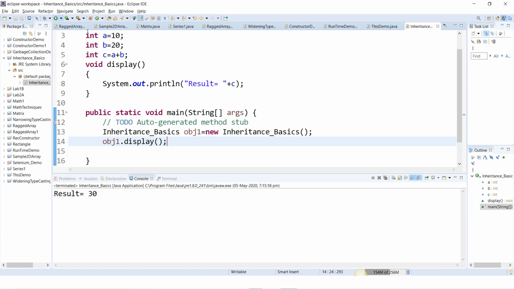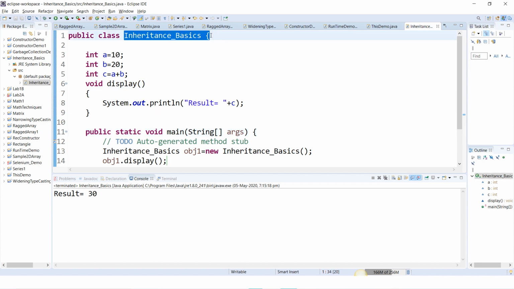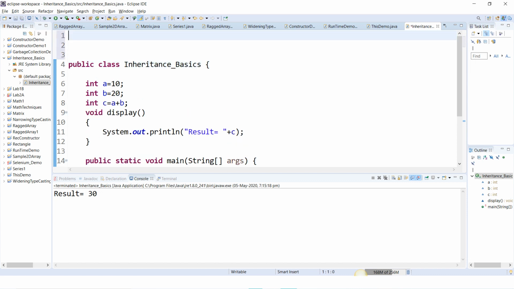So now I'll create one more class. This InheritanceBasics class contains variables a, b, and c, and method display, and also the main method. These are the members. Variables and methods are the members of the InheritanceBasics class. Next I'll create one more class, Math.